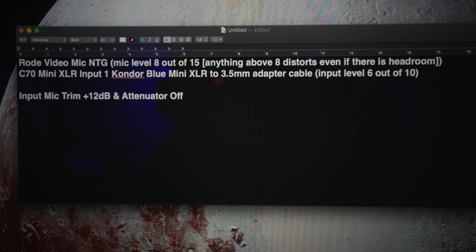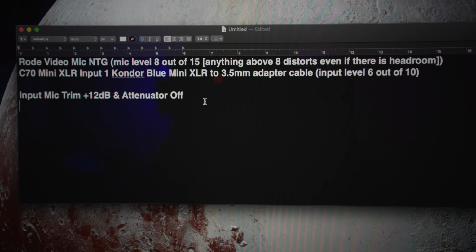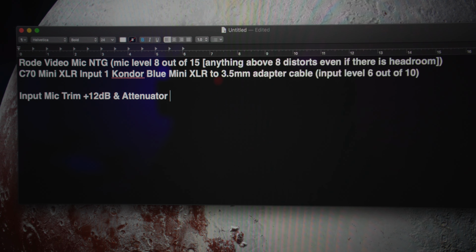Just for fun, I've turned on the attenuator. The attenuator is now on. The noise level is low, but so is my signal. The signal to noise ratio is very bad with this Kondor Blue